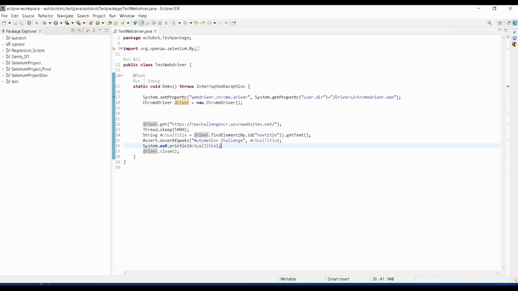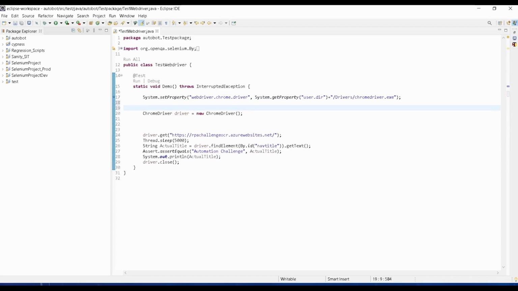So what you can do if you want to add more capability, instead of opening this Chrome in a normal mode, not in maximize mode? Suppose you want to open it in maximize mode, what you have to do is set the options, or you have to use the command like driver.manage().window().maximize() and all. Instead of that, I'm going to implement options. So how can we set the option? For that, we have to type ChromeOptions,